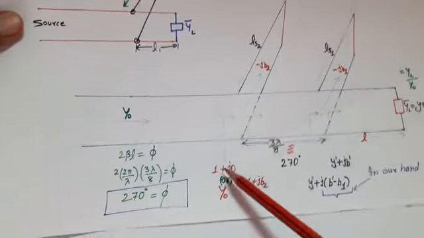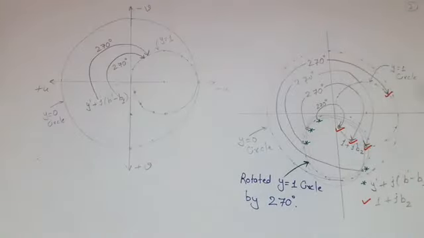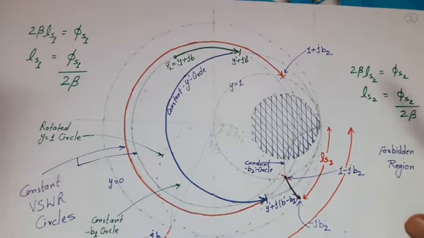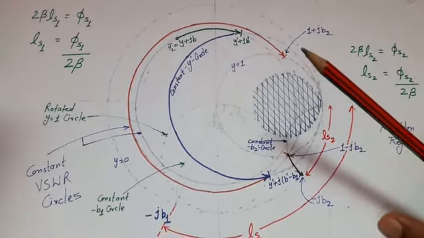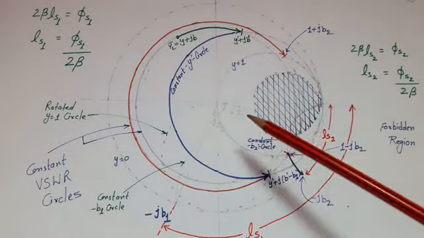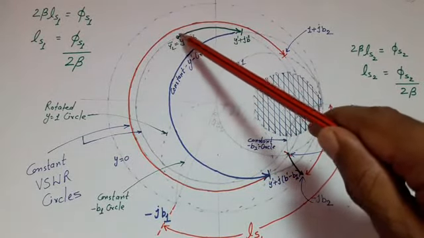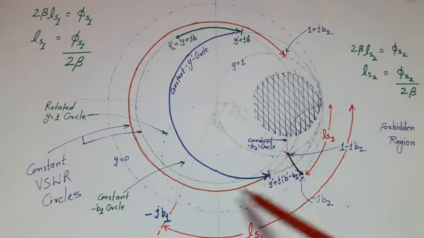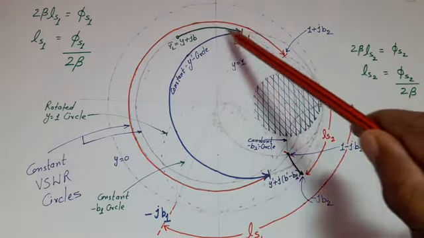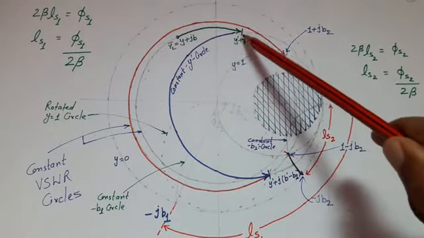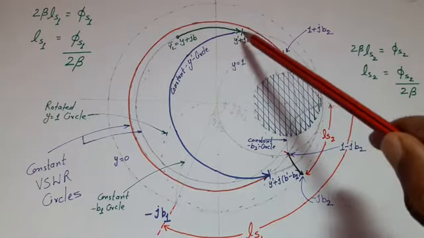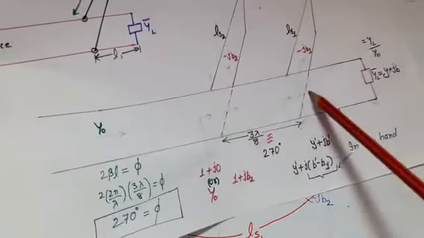Now we make this whole transformation by using the Smith chart. This is the admittance Smith chart where the Y is equal to 0 circle and the Y is equal to 1 circle are shown. First of all, we mark the normalized load admittance in the Smith chart. Now we draw a constant VSWR circle and make a rotation of 2 beta L in the clockwise direction. Then we reach this point in the Smith chart. On the transmission line, we have reached just before the first stub. So this point corresponds to Y dash plus JB dash.